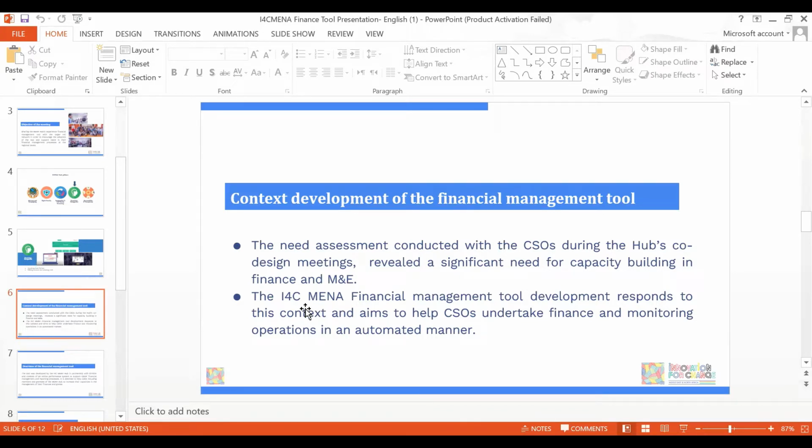So I4C MENA Hub, as an active actor, developed the financial tool as a form of contribution to address and respond to the recommendations of this needs assessment carried out during this period.